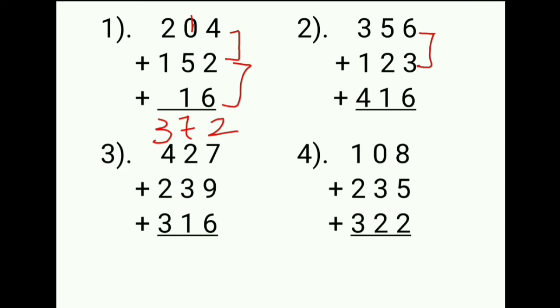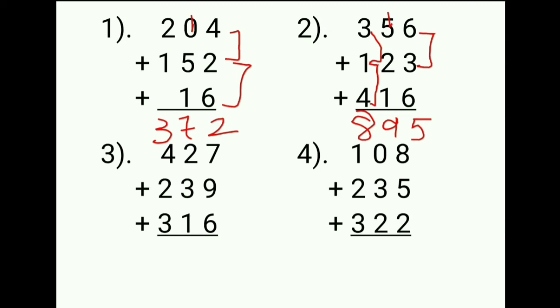6 plus 3 is equal to 9. Now keep that 9 in your mind. 9 plus 6 is equal to 15. So I will write 5 down and 1 carry. 1 plus 5 is equal to 6. 6 plus 2 is equal to 8 and 8 plus 1 is equal to 9. Right? Then to the hundreds place. 3 plus 1 is equal to 4. 4 plus 4 is equal to 8. So our answer is 895.